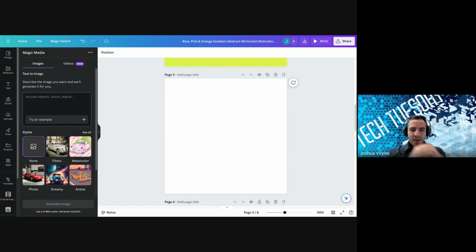Okay. And this is really cool because in the past, you would have had to spend 5 years learning Photoshop to make it look exactly the way you want it to. But what's so cool about this tool inside of Canva is now you can create custom imagery for whatever it is that you are needing, right? And it's great because this is a very visual generation, a very visual culture that we live in. So, for instance, this is